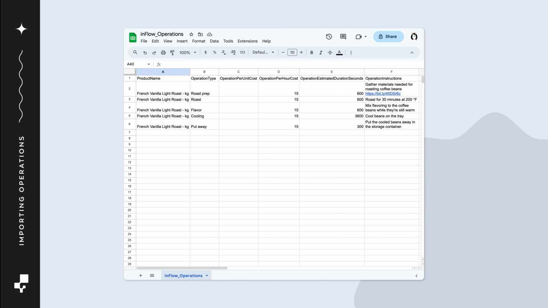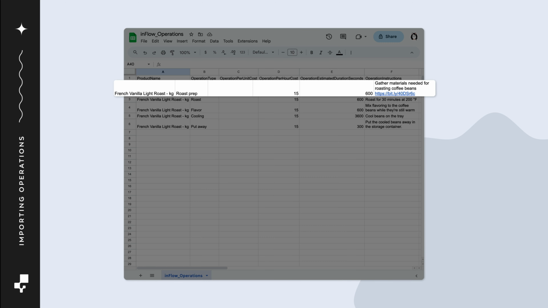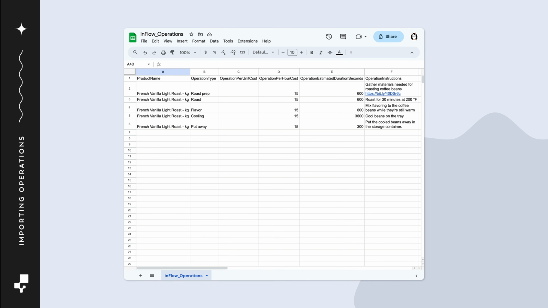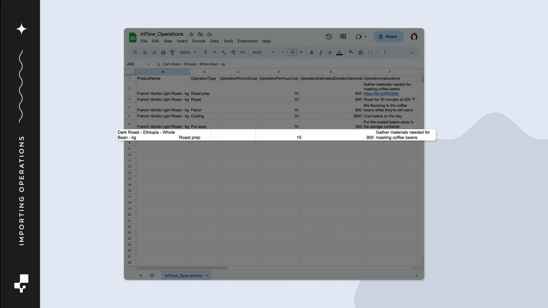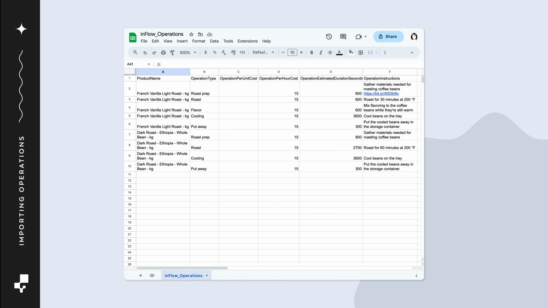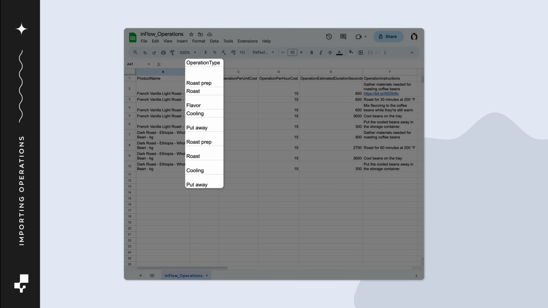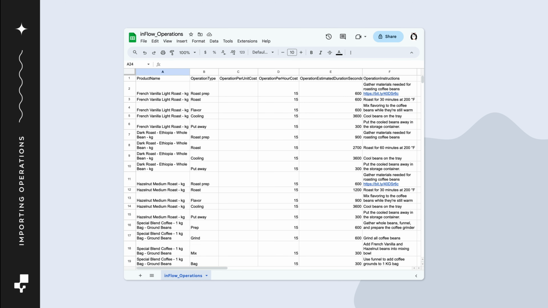You might have noticed that each row on the spreadsheet can only have one operation. For products with multiple operations, create another row with the same product name and fill out the remaining columns. We also suggest adding the operations in sequential order. The order of the operations on the CSV will be the order the operations are displayed on the finished product and manufacturer orders. To finish the template, repeat the previous steps until you've added all the operations for the products you manufacture. When done, save the file as a CSV.